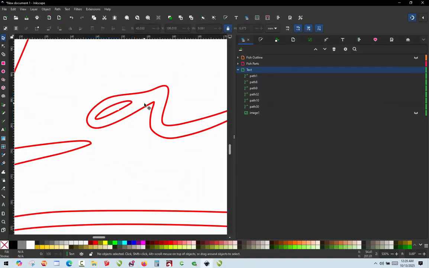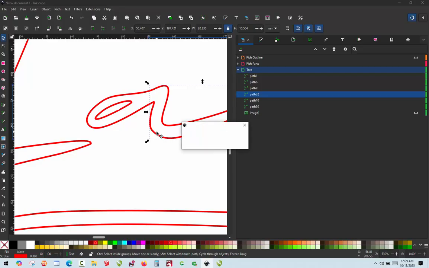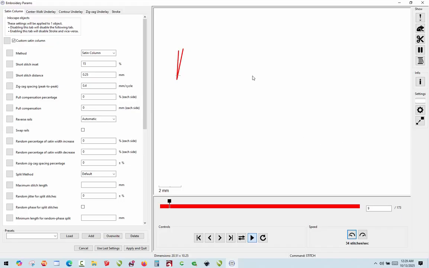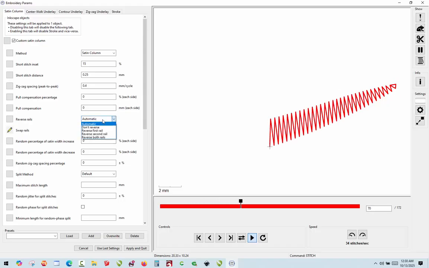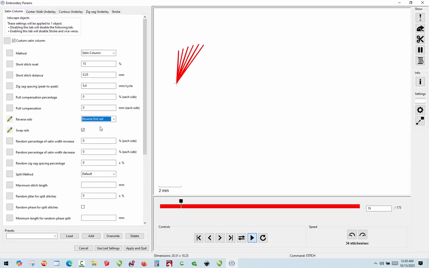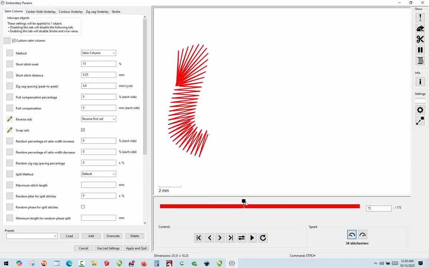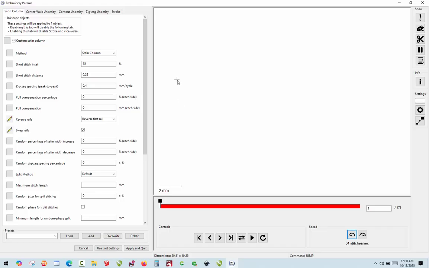Now this, if you remember, ended at the bottom. So this piece here, when we go to stitch it out, we would like it to stitch from the bottom, but you can see it's stitching from the top. So if we choose swap rails, it's going to start from the right, so we have to reverse the first rail. And now, with swap and reverse, notice the start point is from the bottom, right where we ended the